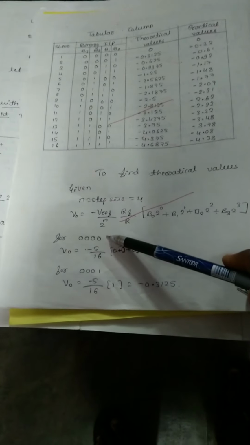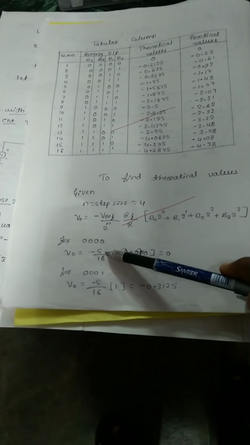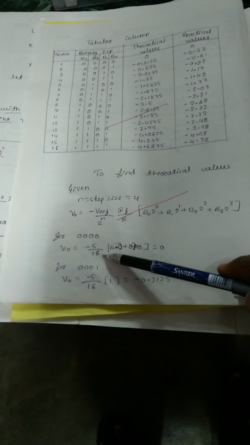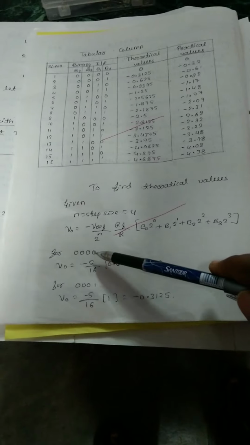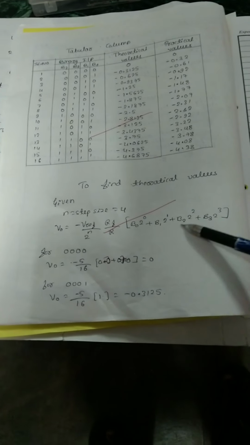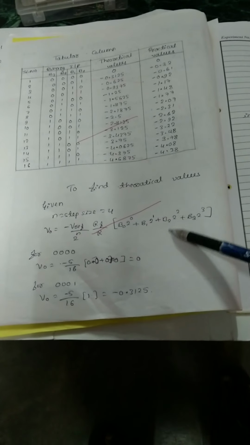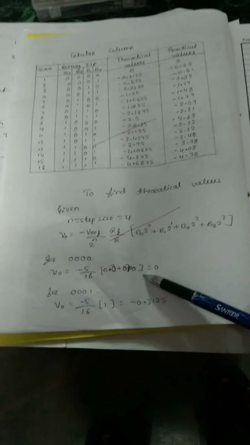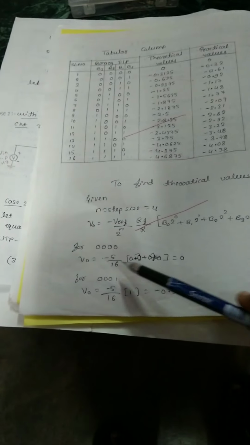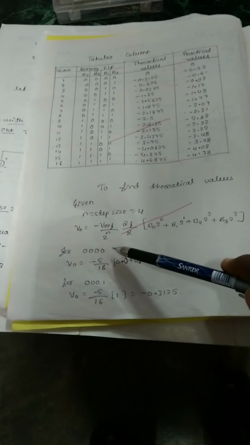Okay, let us take the example of 0, 0, 0, 0. Now in this case, as I said, V reference is 5, so I am taking 5, and 2 to the power of n is 4, means 2 to the power of 4 is 16, and initially I am taking B0, B1, B2, B3 as 0. So all these are 0: 0 into 2 to the power of 0, 0 into 2 to the power of 1, 0 into 2 to the power of 2, 0 into 2 to the power of 3. So all these become 0 only. So this whole bracket is 0, multiplied by this will be giving me 0 as the answer. So this is the theoretical value for the input 0, 0, 0, 0.